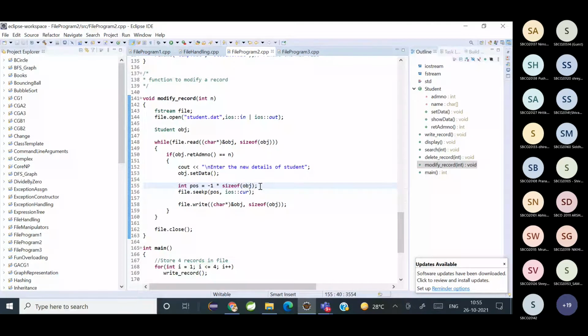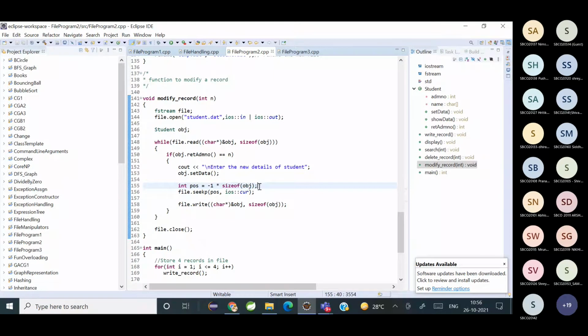Now I have to move this cursor back to the initial position. I have to move this cursor from the current position back to the initial position. That means I have to move backwards. How much backwards? As much as the size of the object. So to go backwards we need minus, right?